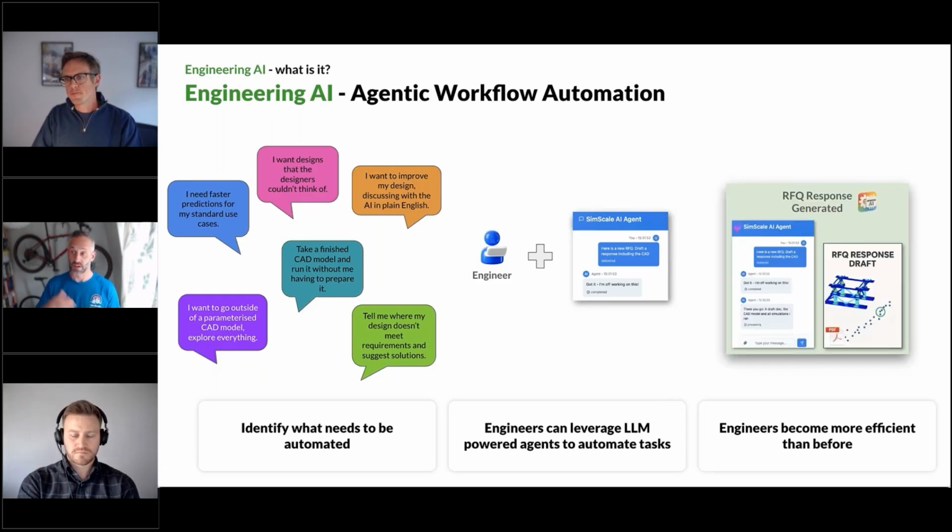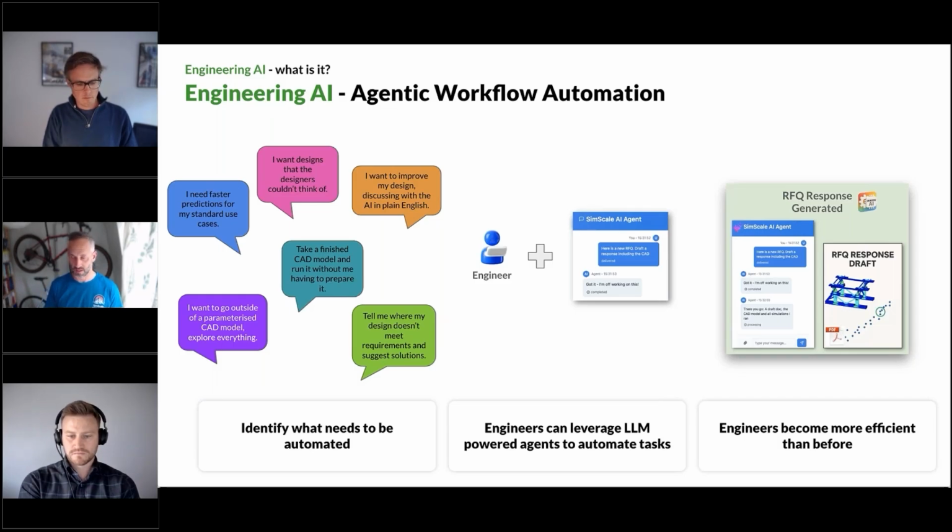So they could do something like automating a holistic workflow. It could be something like getting a request for a proposal, and then instead of having to go through all of those steps that we did before, going straight from the beginning to the end with the AI agent doing all of the heavy lifting and all of the optimization for us.